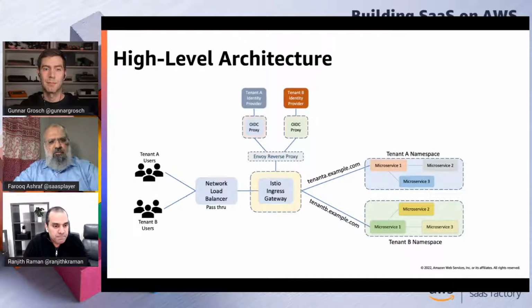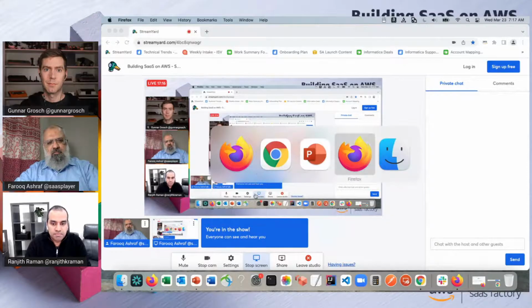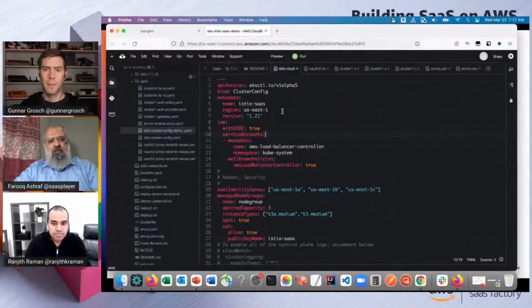Perfect. So what we wanted to jump into after this was to show a little bit of configuration of how things are put together in this architecture in terms of the code. So I'll just switch to that and go through some of that information. I'll start with the deployment of the EKS cluster, which is forming the foundation of our architecture. I won't be covering everything, but feel free to drop in a question if you would like to know more of any of this information.